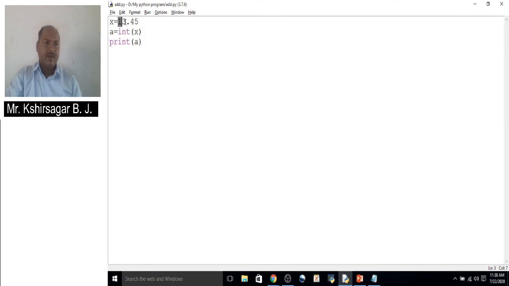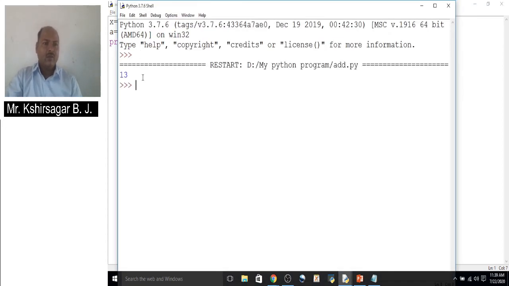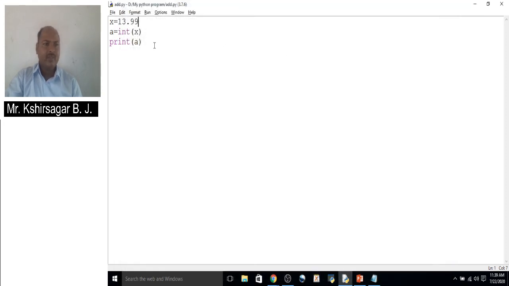In this way we can convert one data type into another data type. This is called type conversion. Suppose you write 13.99, see here, we get only the integer part of that number. So this is the way of converting data types explicitly, from one type to another.